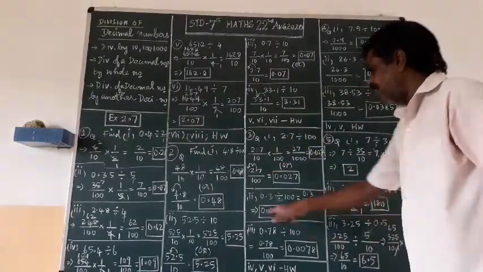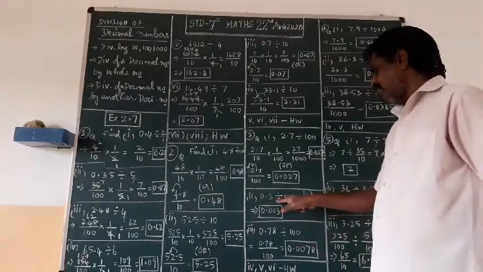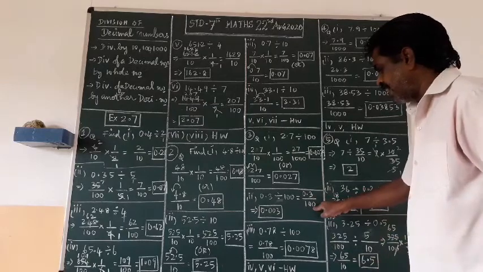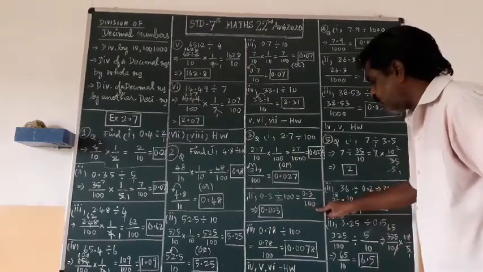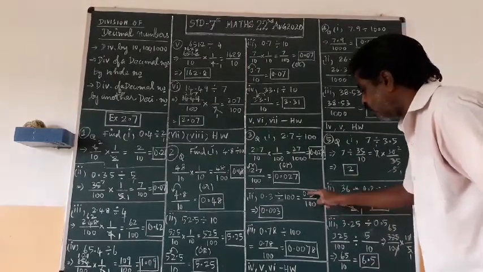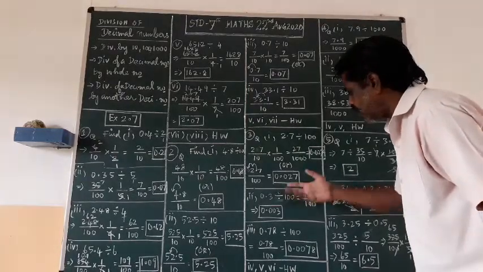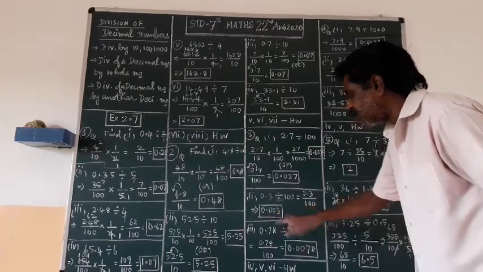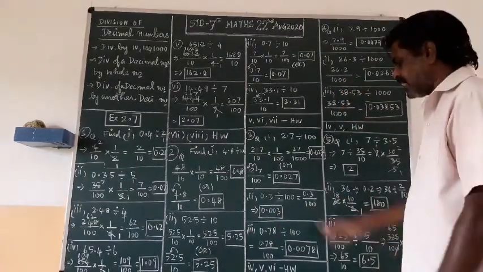Okay. Then second problem. 0.3 divided by 100. Second method I am doing. 0.3 divided by 100 I am writing. So 2 digit we have to move. Already one decimal is there. So 1, 0 and another one no number is there, put another 0. So your answer is 0.003. Okay, that is second problem.